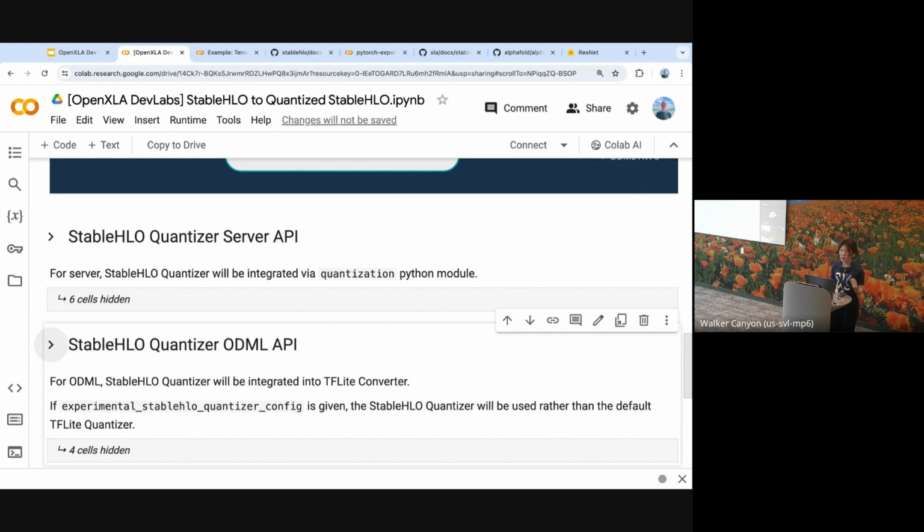It takes the SavedModel as input and outputs a SavedModel with quantized StableHLO inside it. For the ODML side, we integrated the StableHLO quantizer into the TF Lite converter. Usually when you run the TF Lite converter, you have the option to run the TF Lite quantizer, but now you also have the option to run the StableHLO quantizer. Let me walk you through the